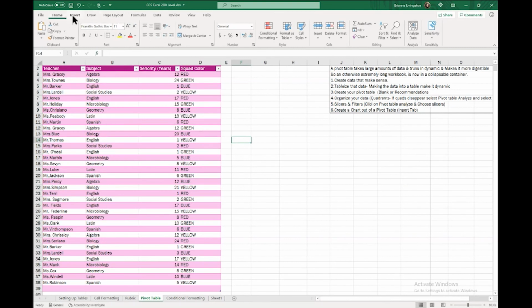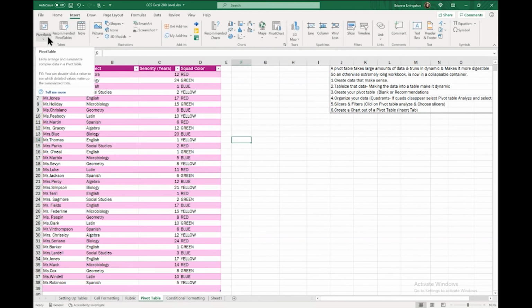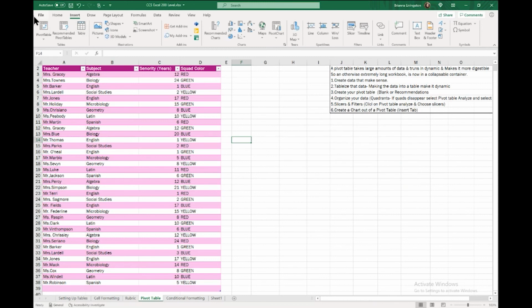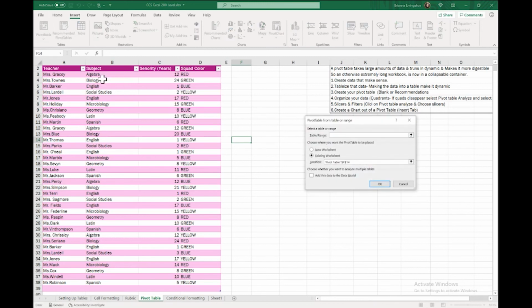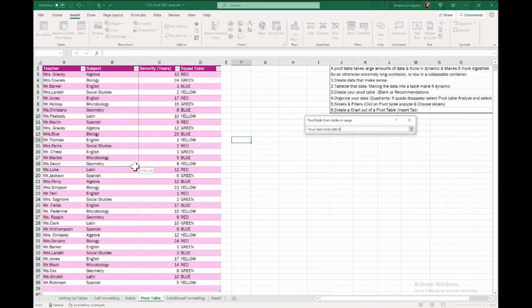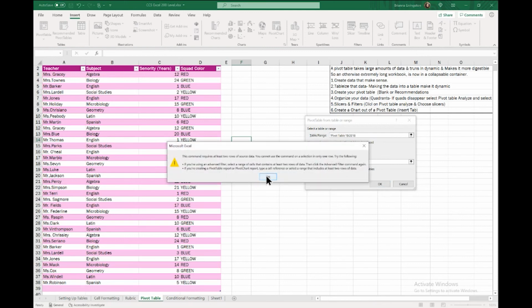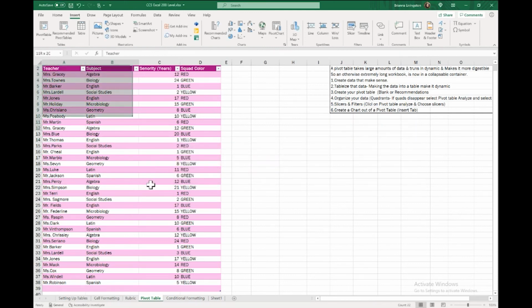Then I want to go to my insert tab and I want to insert a pivot table. If you don't know what kind of pivot table you want to do, you can look at some recommended ones. But we're actually going to go ahead and make ours from scratch. So we want this table range. And we want it to be on the same sheet. So all you need to do is just select any cell that you want the pivot table to start in and hit OK. Oops, what's going on? Hang on.